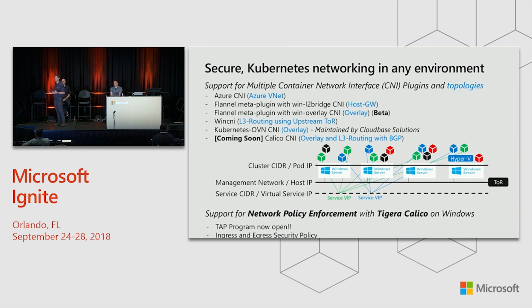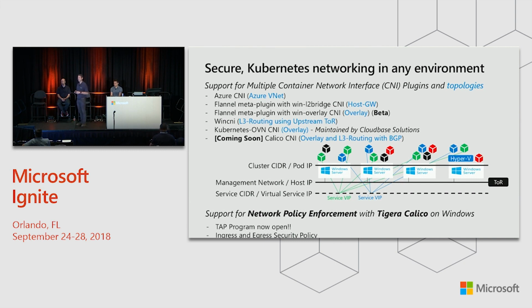And to do that, we need some sort of an orchestration or scheduler mechanism. Now, the most popular one that you've probably heard a lot about recently is Kubernetes. That is what Microsoft is really focusing on, and we want to make sure that we have all the networking support and primitives needed to work with a Kubernetes cluster for our Windows containers. We do that through something called a CNI plugin. It's the Container Network Interface plugin. And it supports different types of topologies and environments that we're running in.